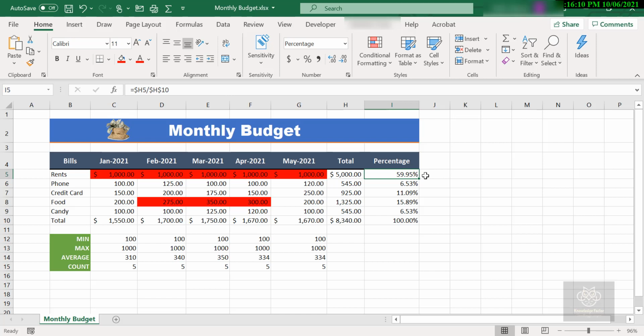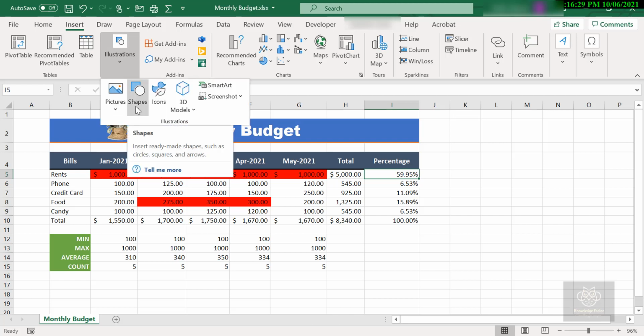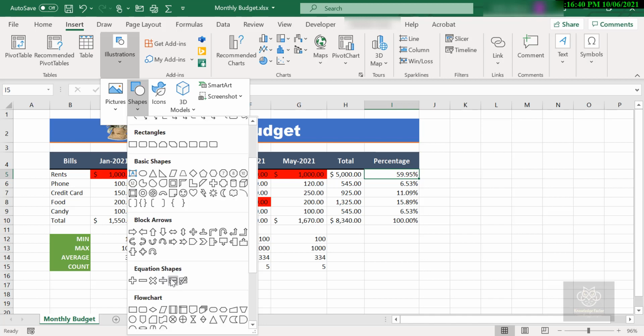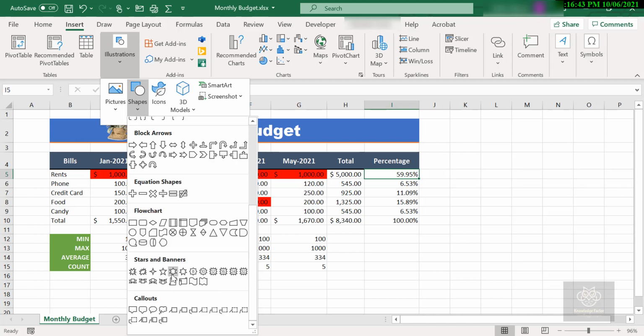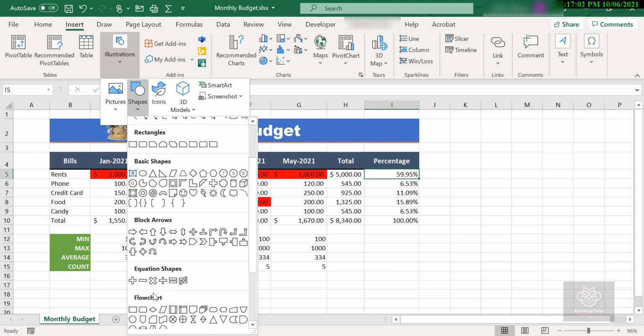Take a look. I'm going to go to my Insert tab here and back to the Illustrations section. We saw this earlier and we have got Shapes, right? So I'll give Shapes a click and get all sorts of shapes to pull from. And you've got the basic shapes, the block arrows, equation shapes, flowcharts, stars and banners. So all sorts of little goodies in there for you to use. Now for me personally, I'm going to go to the block arrows here, and I'm going to grab the second one, this one, the arrow to the left. I'll give that a click.